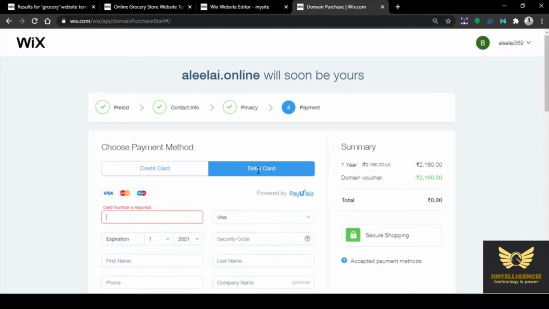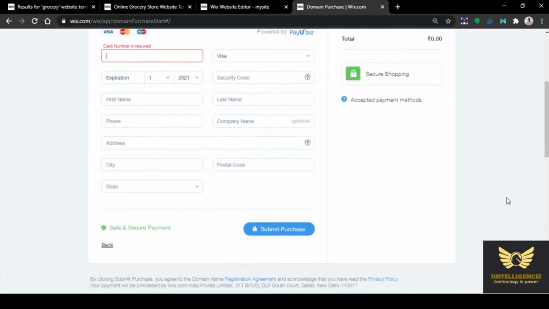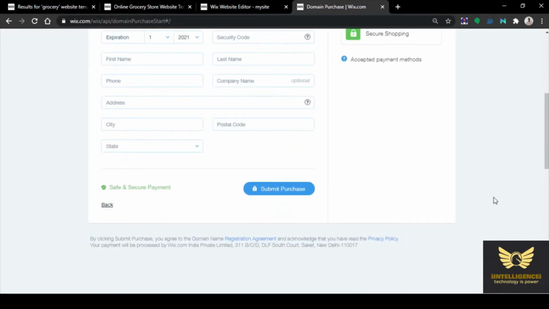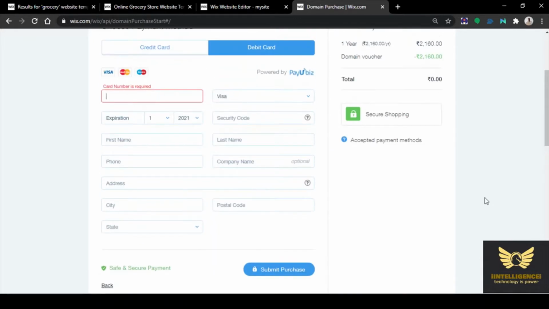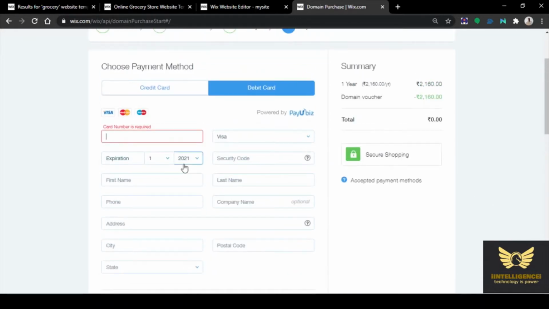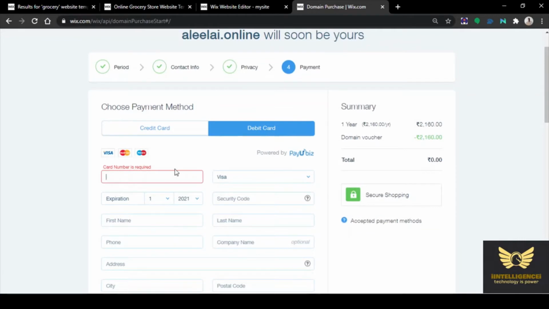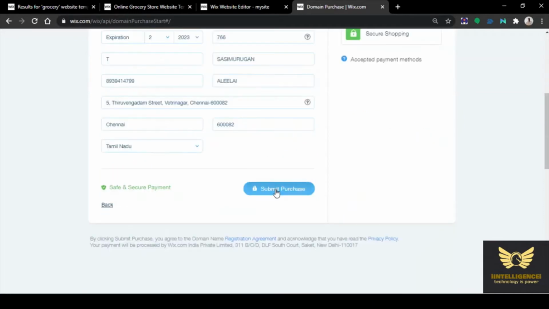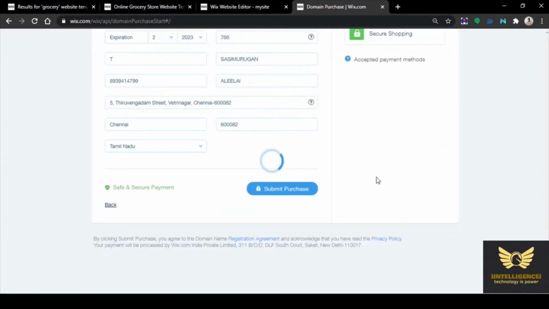Along with the domain voucher, it costs 0, but still you need to provide the debit card details. You have to give all the details, card number and card type, Visa or Master. So once you enter the details, click submit purchase.